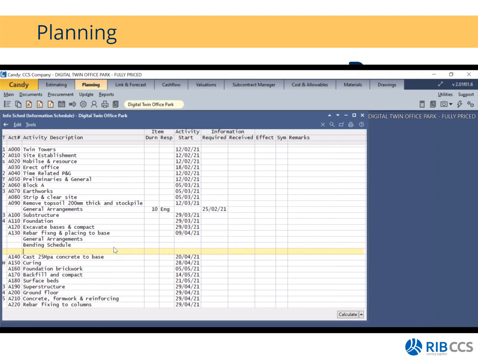You're going to maybe need casting items. And then you can give it a duration. So you give it a duration, 5 days and 10 days or 19 days, whatever the case is. And you'll see that these dates are independent from each other. The only date it has in common is my fixing of rebar date, which is the 9th